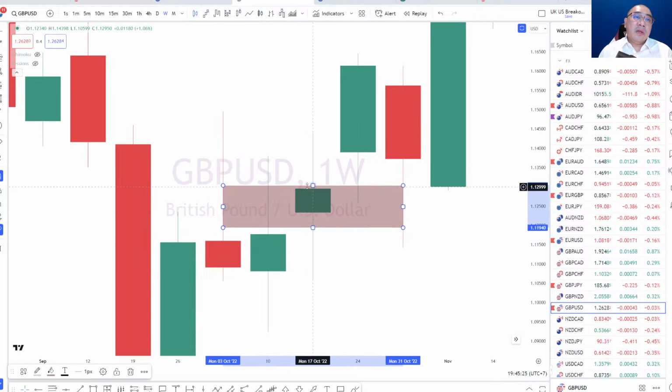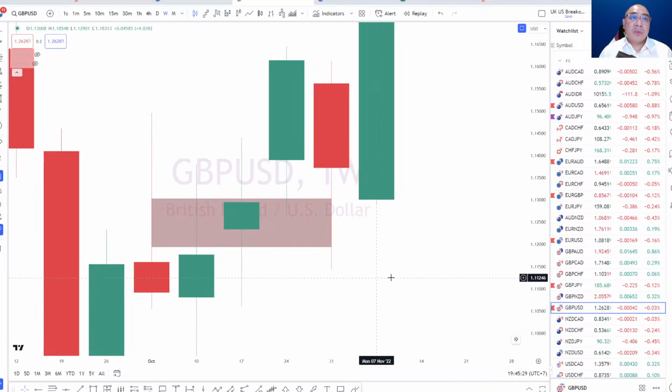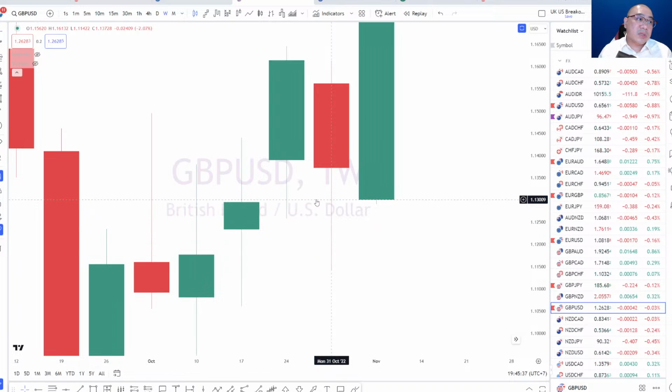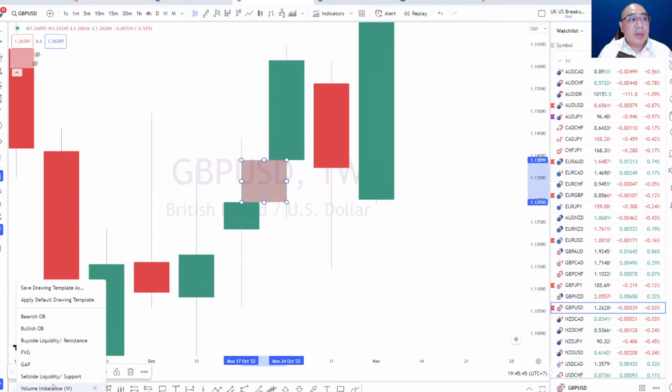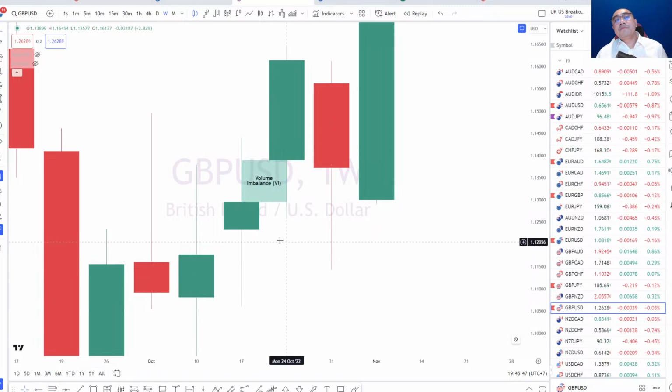That singular stuff there created a volume imbalance that we can actually see in the market. The candles don't actually overlap with the body itself, so it's just the wick. So this is probably where this is going to start being a little bit unique, right? This is what we call the volume imbalance, or the VI. It's where the body doesn't meet, but the wicks meet.